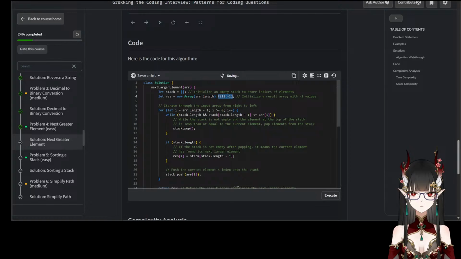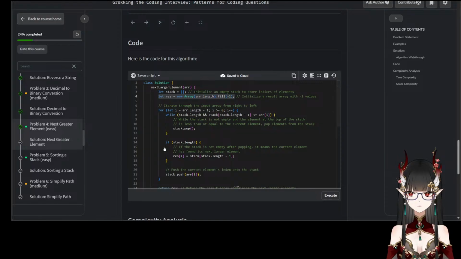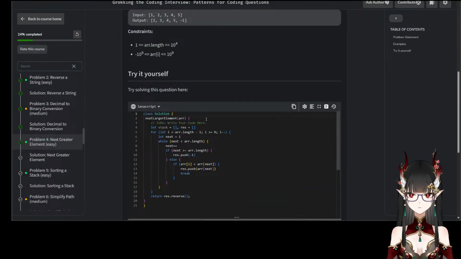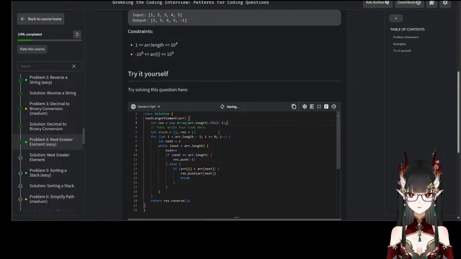Oh, that's why they fill it with -1. Okay. So if I keep whatever they had in the beginning, and we just do not use result, while we traverse from the right side,